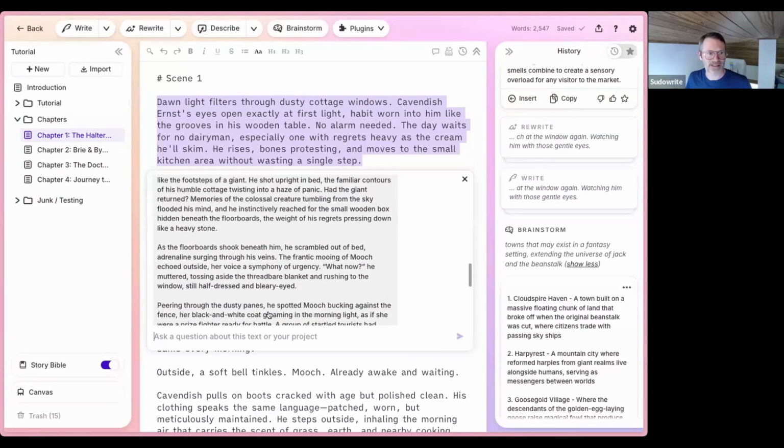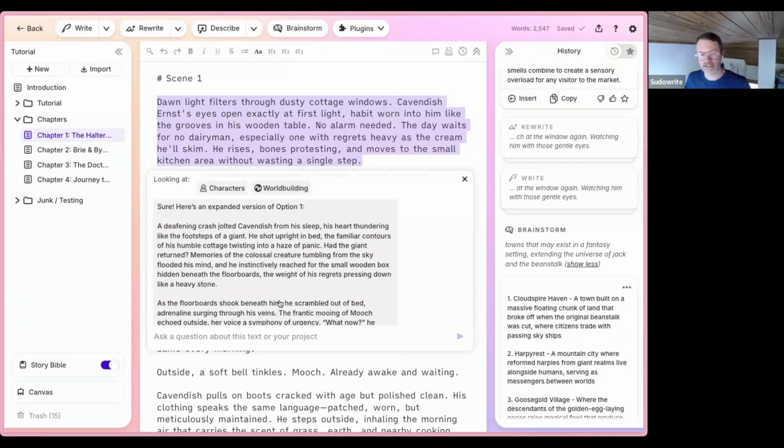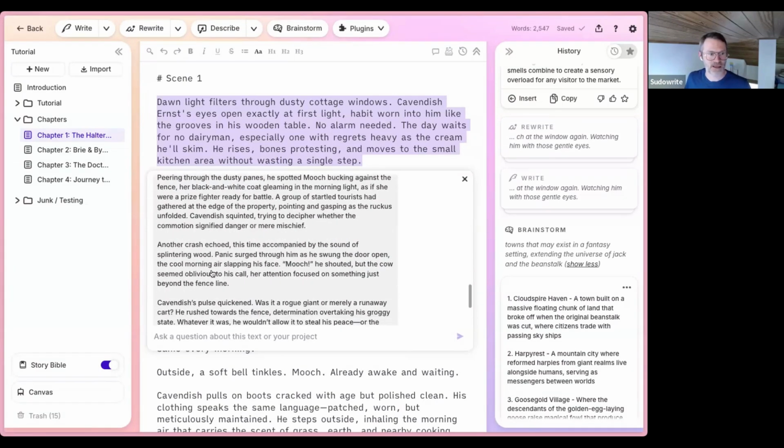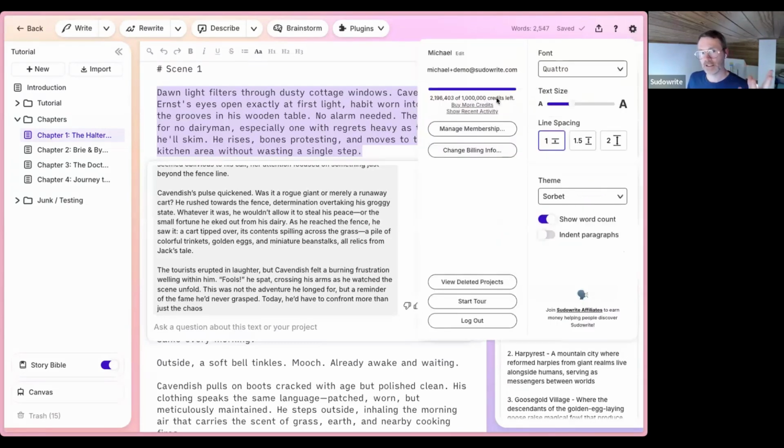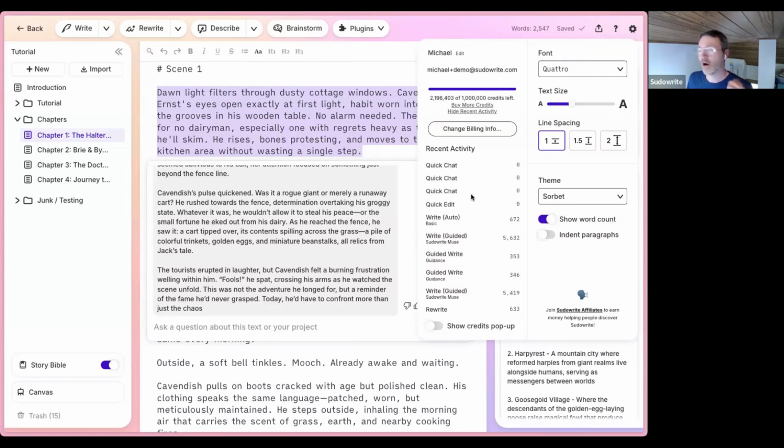Here you can see I asked it, hey, I like number one, give me an expansion of that, and that's what it gave me. One of the coolest things about Quick Chat is that most of these features do use credits, but Quick Chat is one of the features that is just included with Sudowrite. So if I show recent activity here, you'll see it doesn't cost me anything to use Quick Chat or Quick